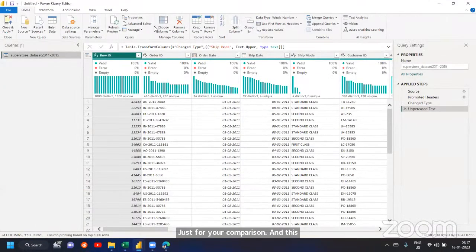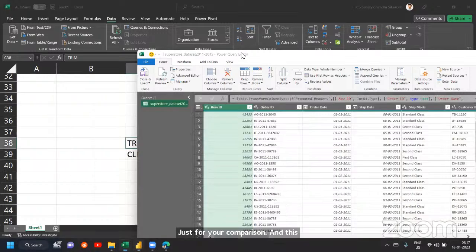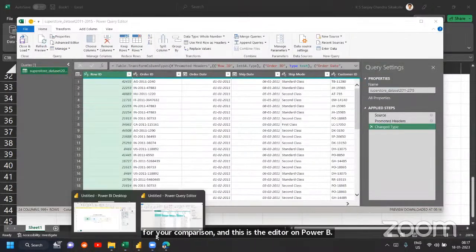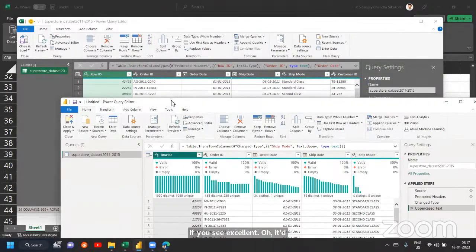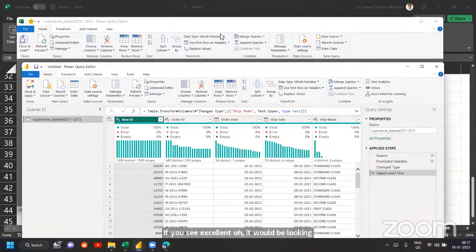And this is the editor on Power BI. If you see Excel and Power BI, they look exactly the same. Here and there, layout will be different, but overall it looks the same. Operations and everything. In Power BI, you have more things: Azure machine learning, vision, text analytics. Some extra features will be there, but 90% of it is the same.